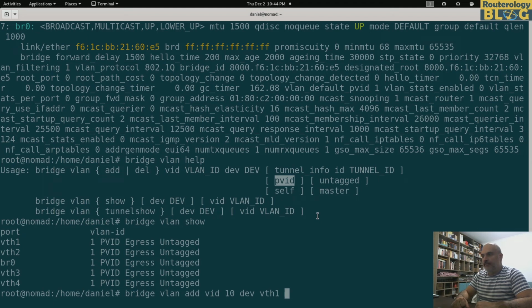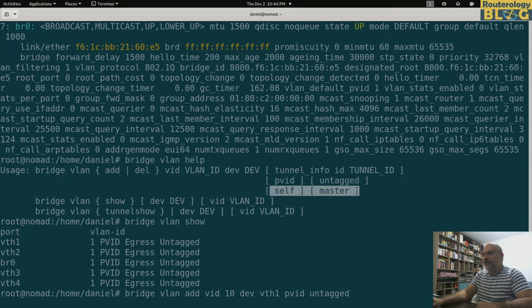In my case, VLAN 10. Let's do that. Primary VLAN ID. It's something similar to the Cisco native VLAN. Actually, it will be similar to the Cisco native VLAN if I also use untagged. So I'm going to use untagged,